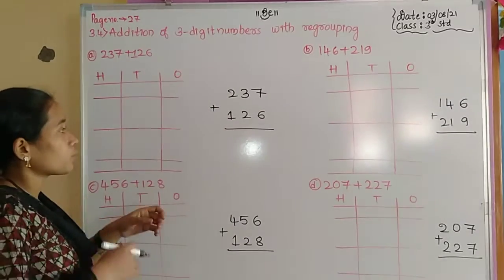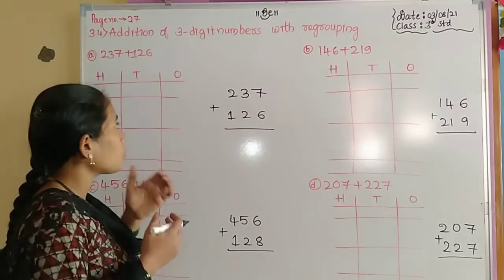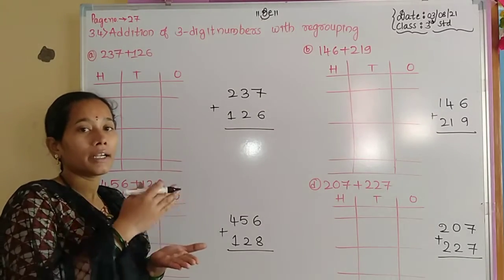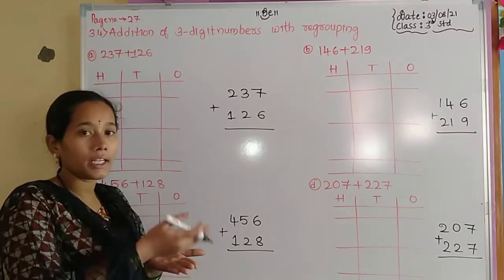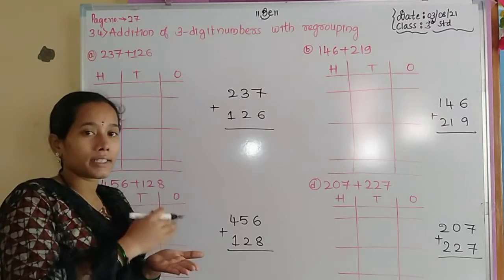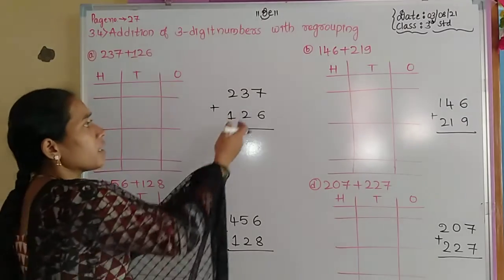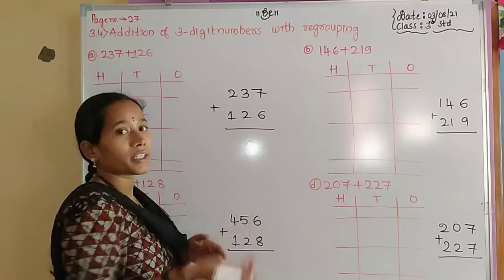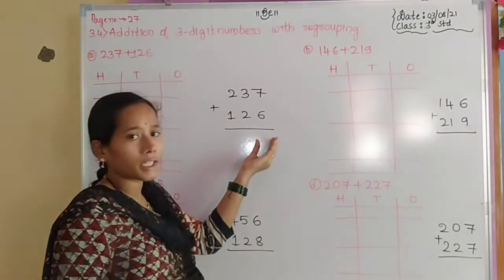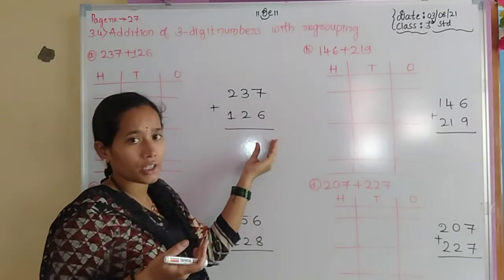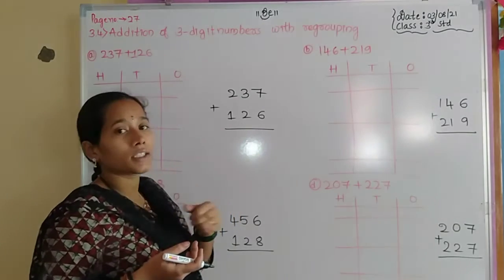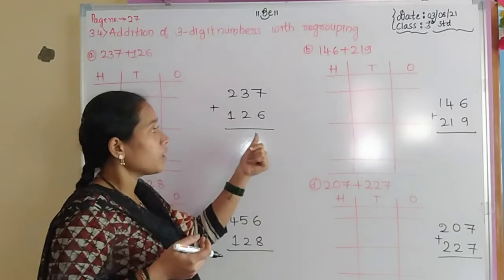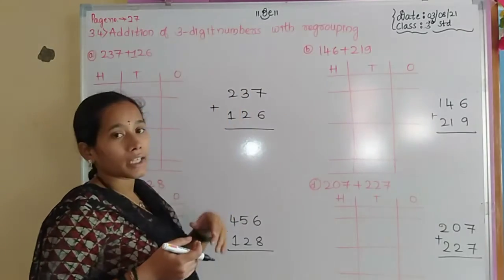In that position we have to be clear about how to regroup the number in the ones position and give a carry to the next one, that is the tens position. So here 7 plus 6, how much do we get? That is 13. But do not write 13 here. That is the wrong method, wrong addition. So how to write 13? In 13, which number is on the right? The right digit we write here, then the other is the carry.